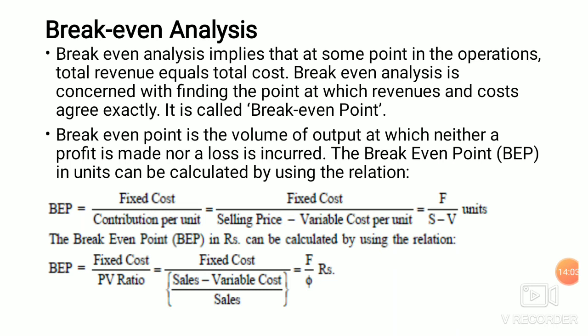Now we are going to see break-even analysis. Break-even analysis we know very well, that is no loss, no gain, that is, your total revenue should equal the total cost. For this the formula is fixed cost divided by contribution per unit, which is equal to fixed cost divided by selling price minus variable cost per unit. Just write down the formula alone. So with this, the location models are over.